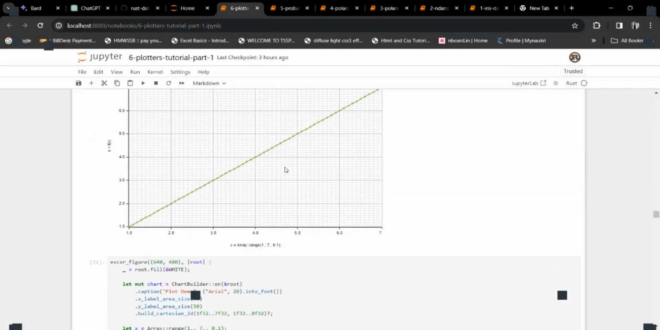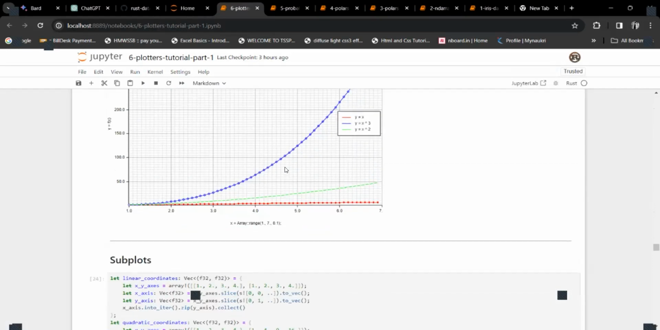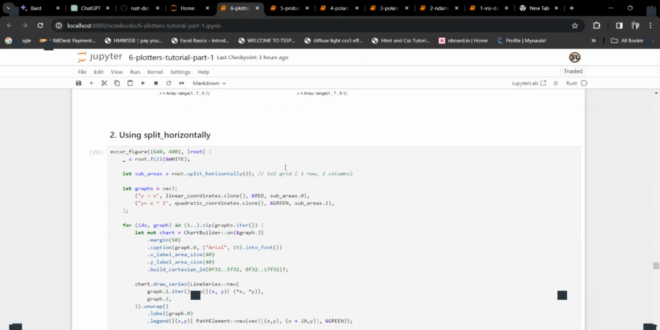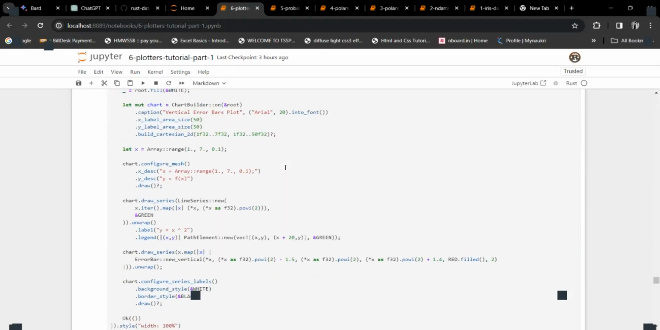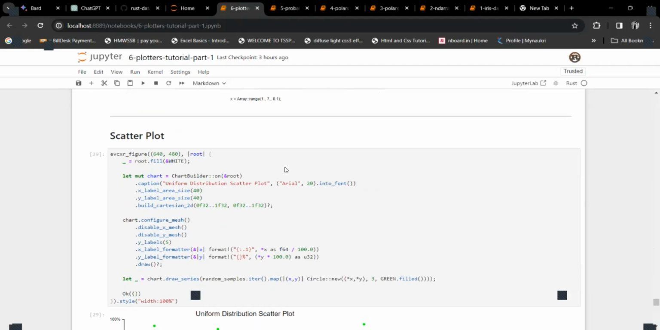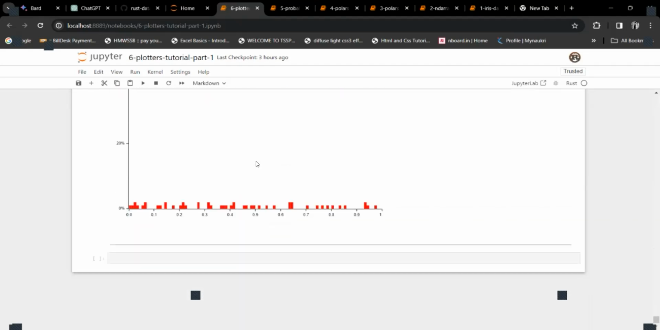It also gives you a plain grid and plots along with the grid. It also gives you subplots, helps you split horizontally and vertically, and gives vertical bars, horizontal bars, scatter plots, histograms, etc. And this is all about the project that I've worked on,